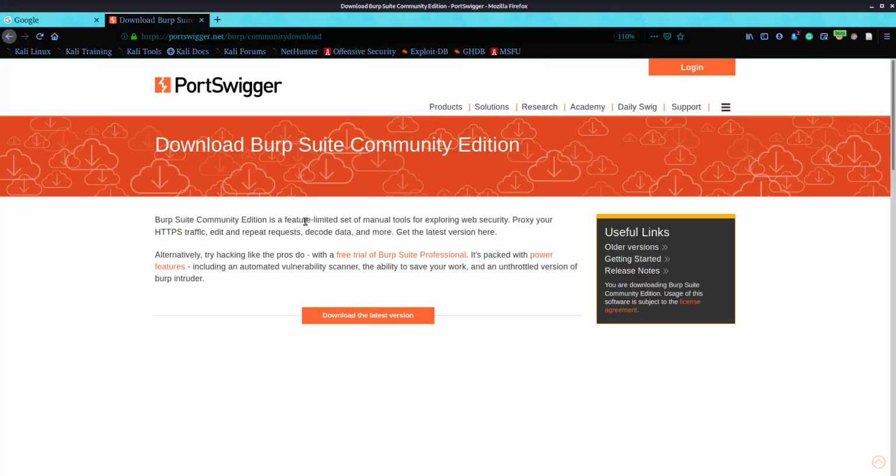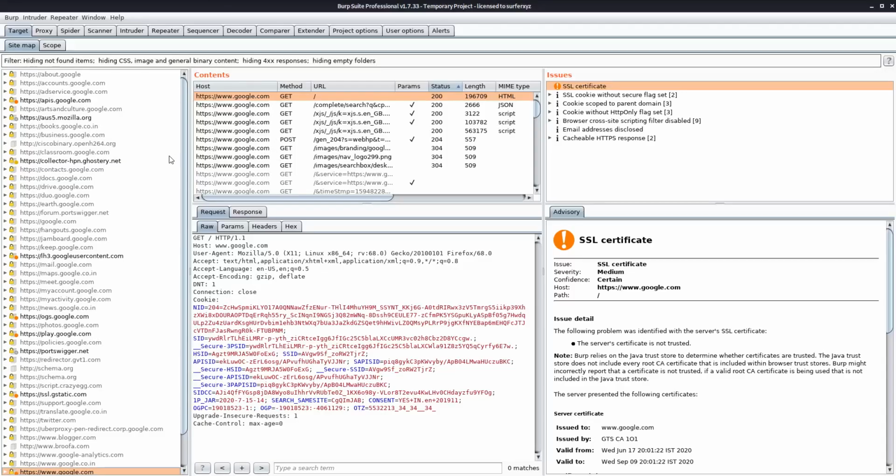Okay, so I guess everyone has installed it now. If you have not installed it, just pause the video, install Burp Suite and then move forward. So now let's suppose we all have installed Burp Suite. This is how Burp Suite looks. This is the professional version, so let's look at how we can deal with things in the professional edition.